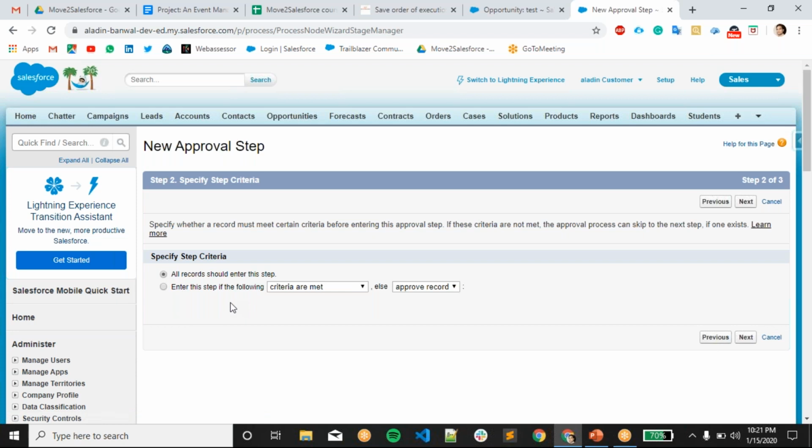Then specify the step criteria. In that approval process you can give separate steps.